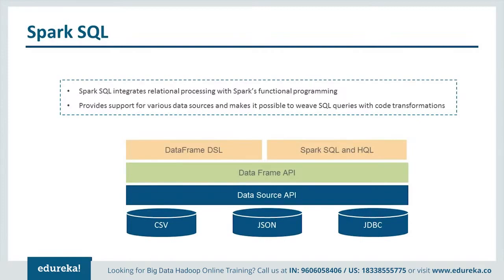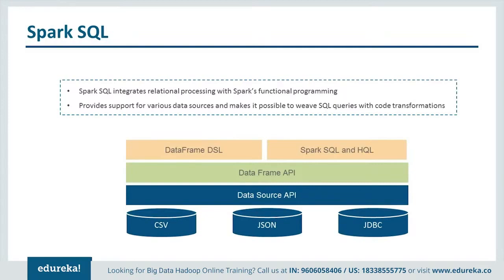This is the architecture of Spark SQL. So let's talk about each of these components one by one. First, we have got the data source API. So this is the universal API for loading and storing structured data, and it is built on support for Hive, Avro, JSON, JDBC, CSV, Parquet, etc. So it also supports third-party integration through Spark packages.